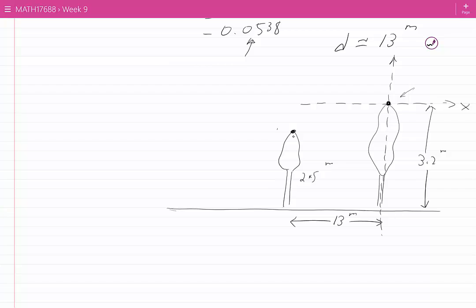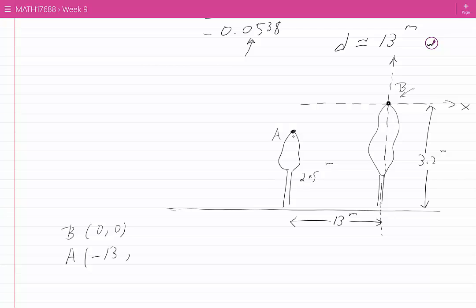As before, I call the top of the smaller tree A and the top of the taller tree B. Now I can give the coordinates for both points A and B. Point B has the coordinates 0 and 0. Point A has the coordinates minus 13